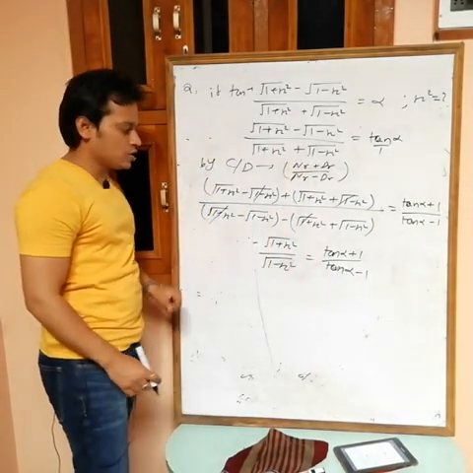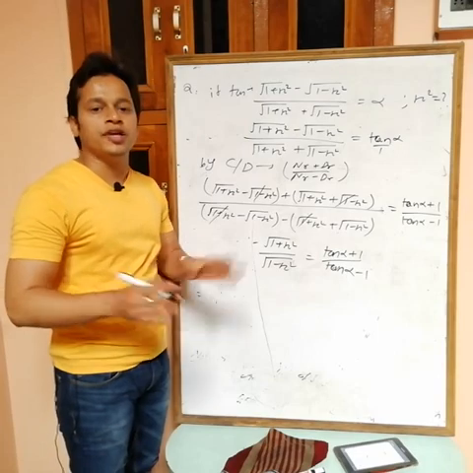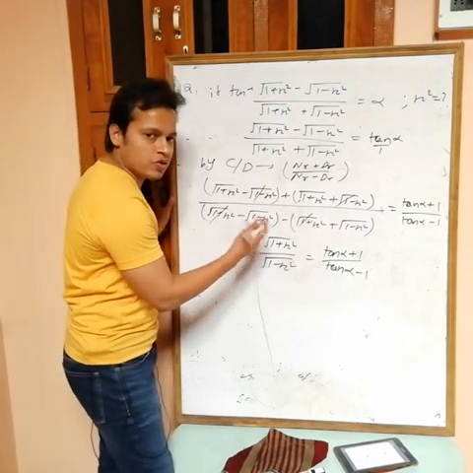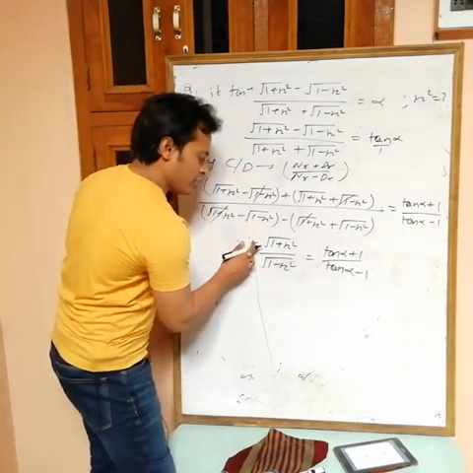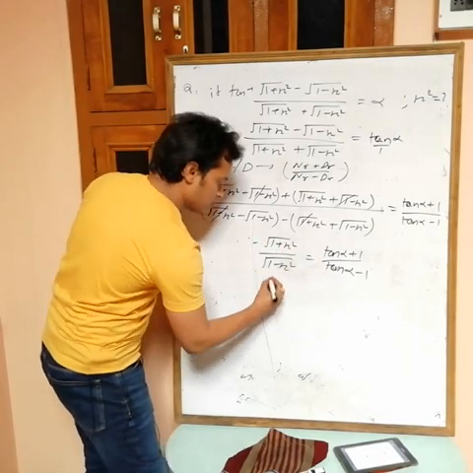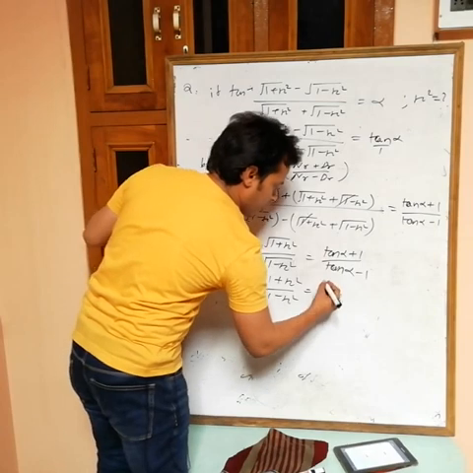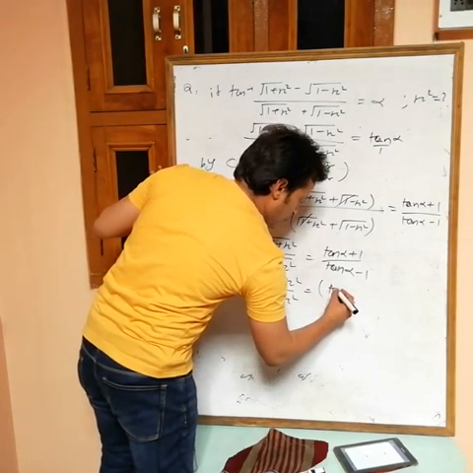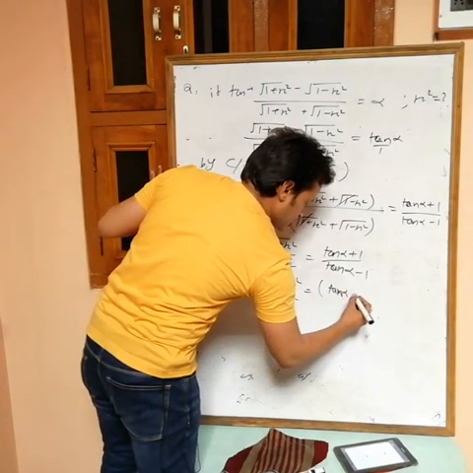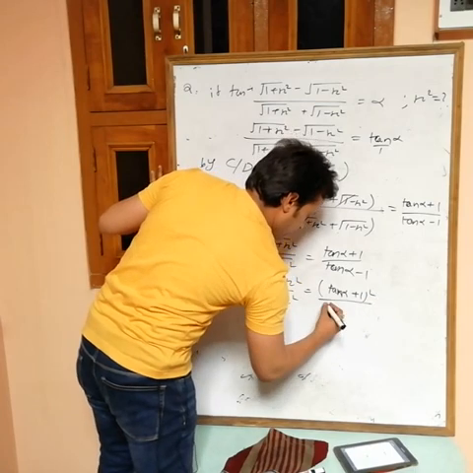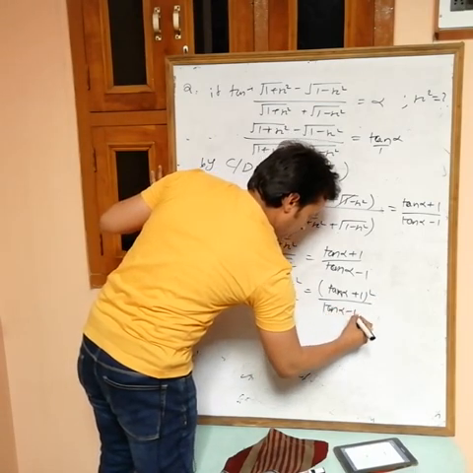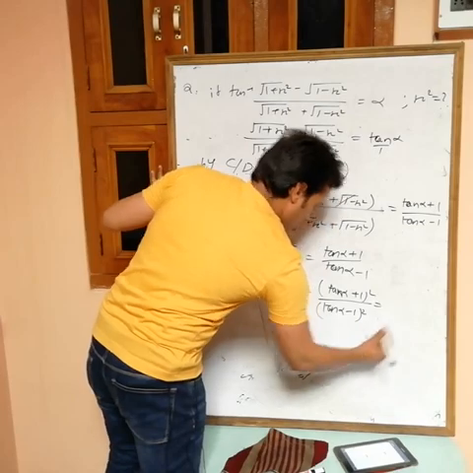Now you want the value of x square, but this is in terms of root, so take the square. If you take the square, then the minus also becomes positive now. Square of negative becomes positive. So the square of this one is (1 plus x square) by (1 minus x square), and the square of this one is (tan alpha plus 1) whole square by (tan alpha minus 1) whole square.